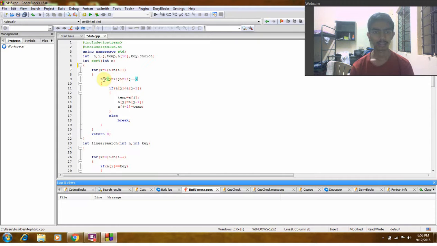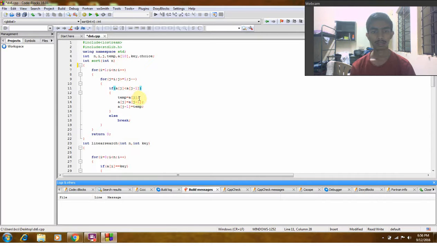And j is another for loop inside this. For j equal to i, that is i is 1, j should be greater than or equal to 1, and j should be decremented. If a[j] is less than a[j-1], that means this array is not sorted properly. So I introduce a temporary variable which is already initialized here.